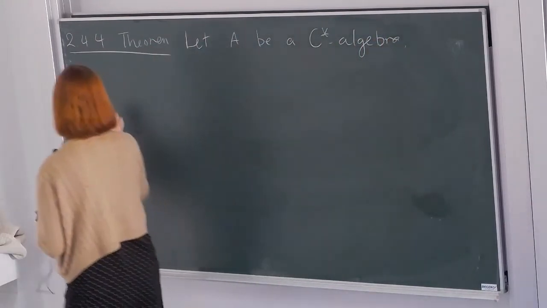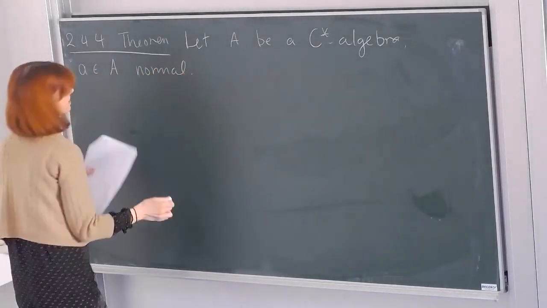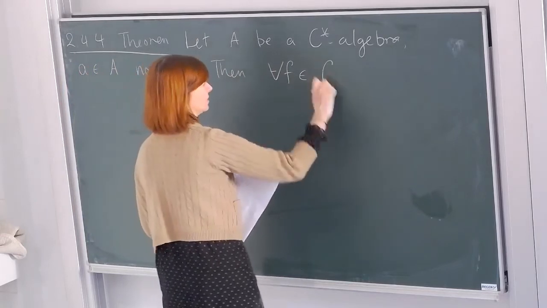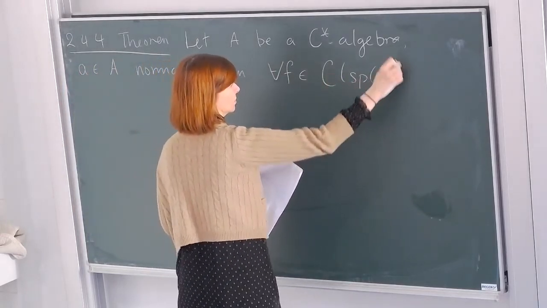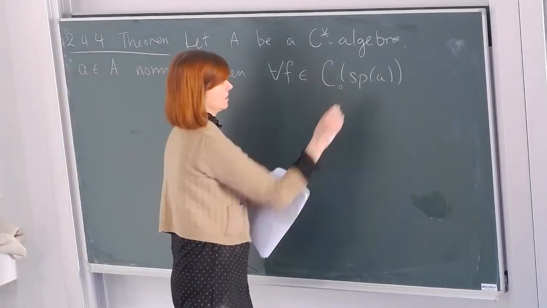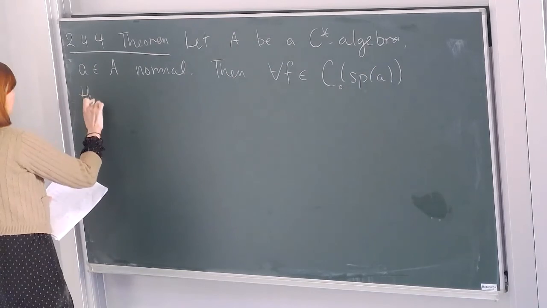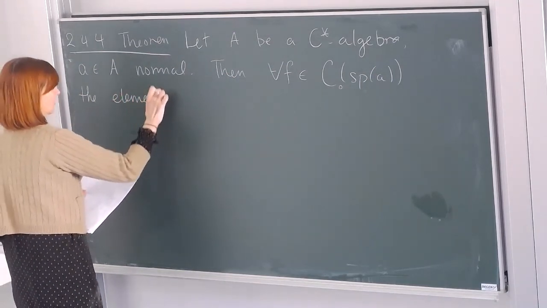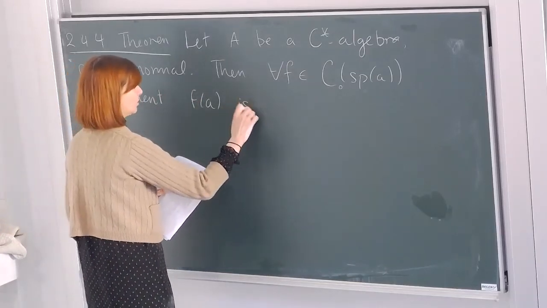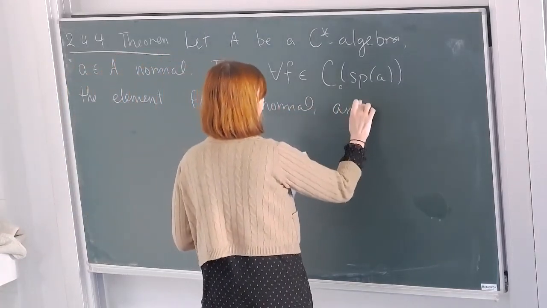So let A be a C-star algebra and A a normal element. And for any function f in the continuous functions on the spectrum of A, or possibly those vanishing at infinity, the element f of A is normal and satisfies